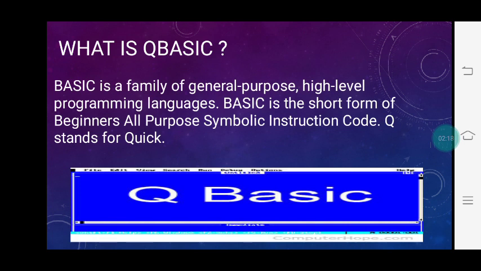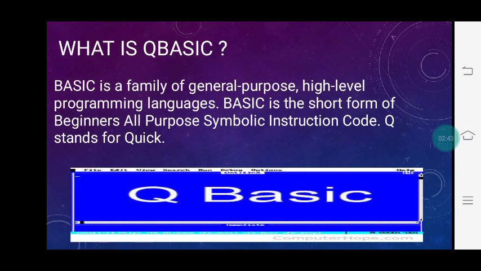Now, what is a programming language? A programming language is a set of commands, instructions, and other syntax used to create a software program. So there are various programming languages available like BASIC, Java, C, C++, Python.